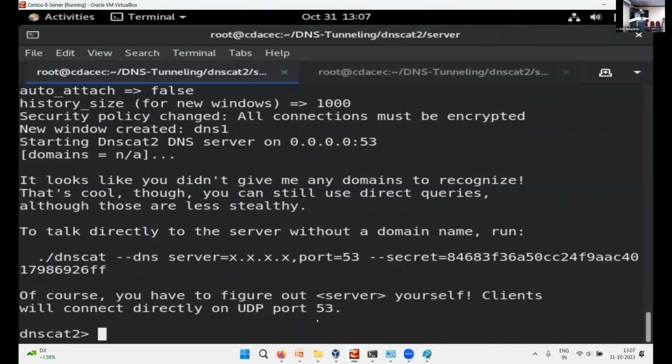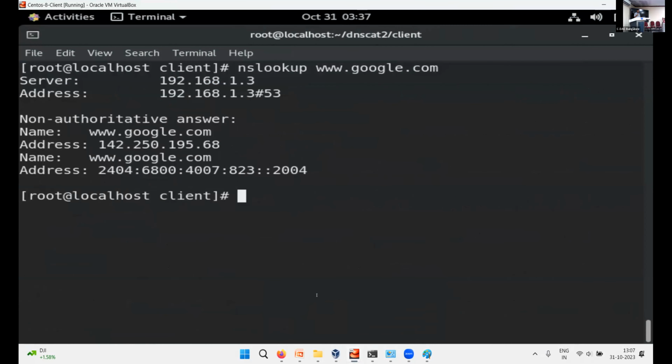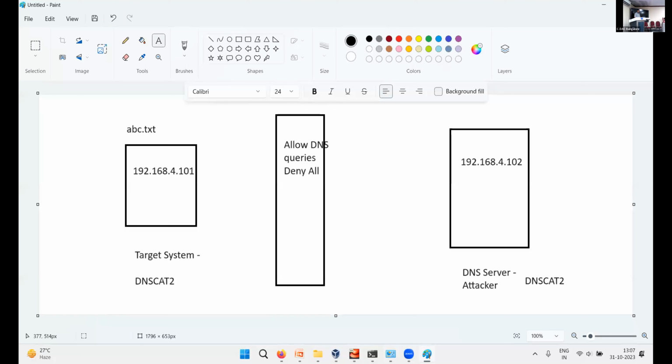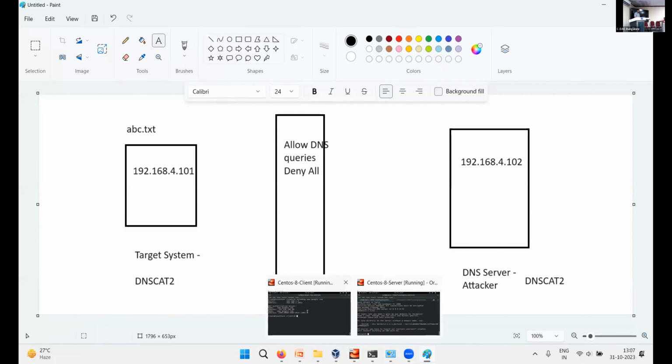And then on the client side, I have to execute that malware, DNScat. If I execute it from here to here, communication can happen through DNS queries and responses. So let us now execute that malware on the client side.